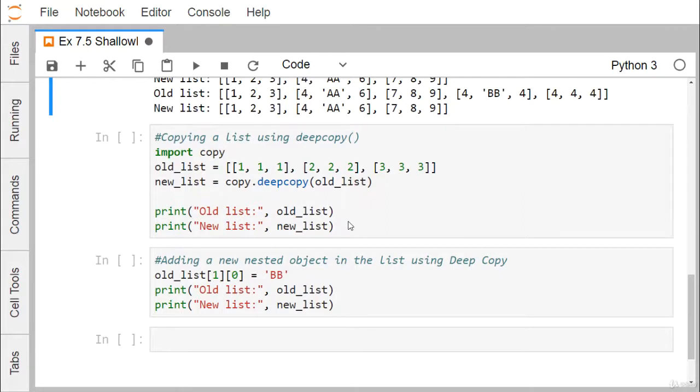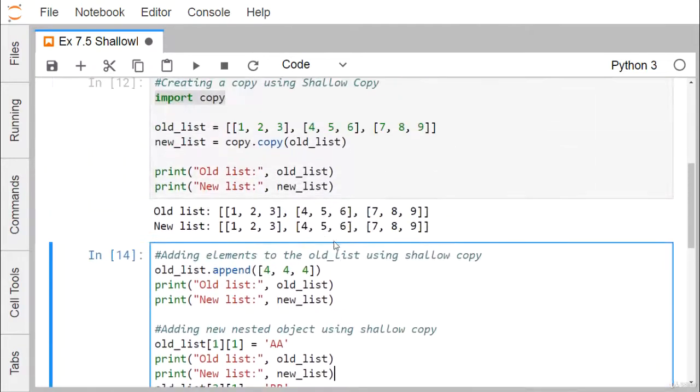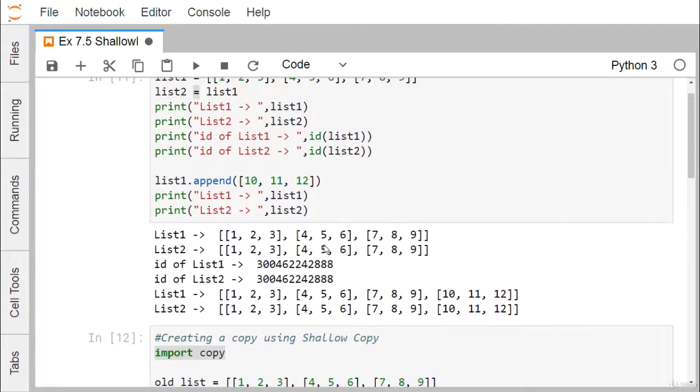Now the question comes to mind, what is a deep copy? In case of deep copy, I'm going to discuss in detail. A deep copy creates a new object and recursively adds the copies of the nested objects present in the original elements. So it's very important that in case of deep copy, we're creating a new object. Obviously in that case, if we print the respective IDs, the IDs will be different here. So let us go for the ID print here. I'm just taking this copy.